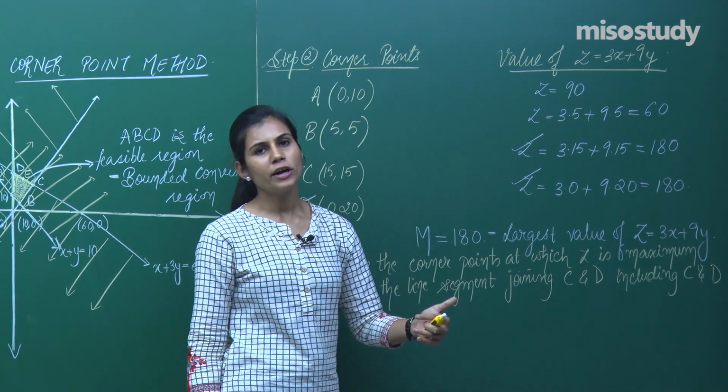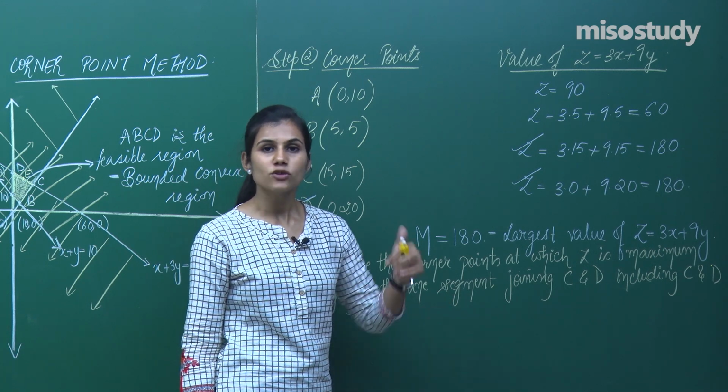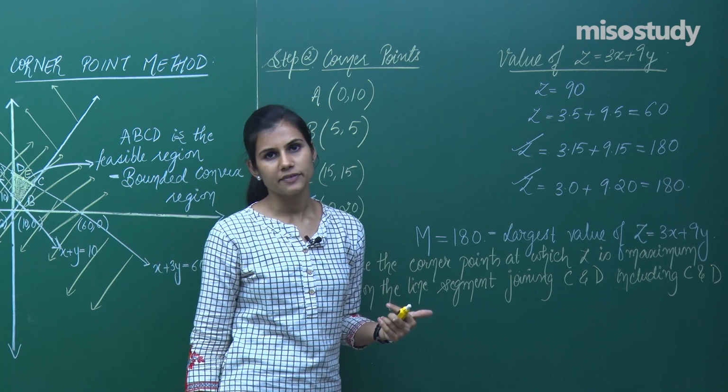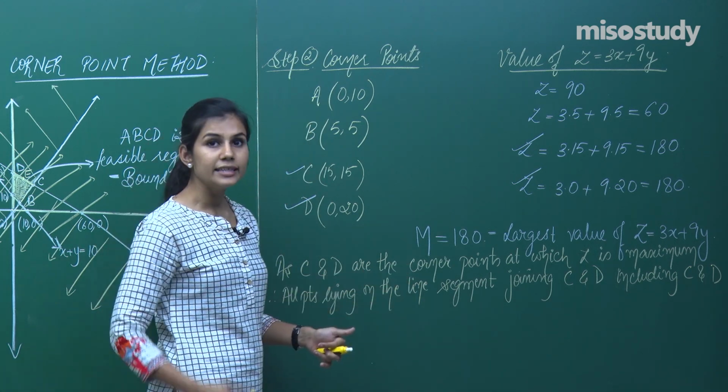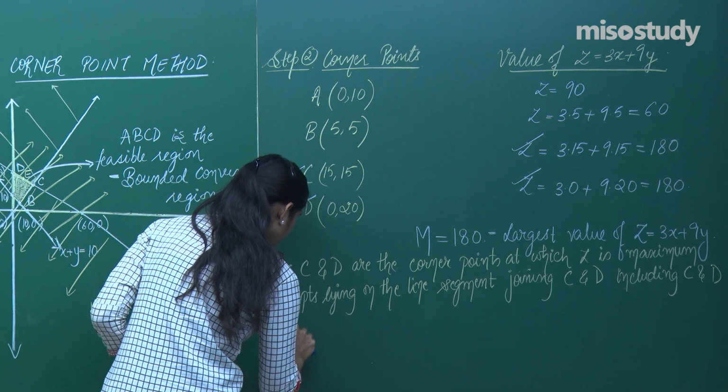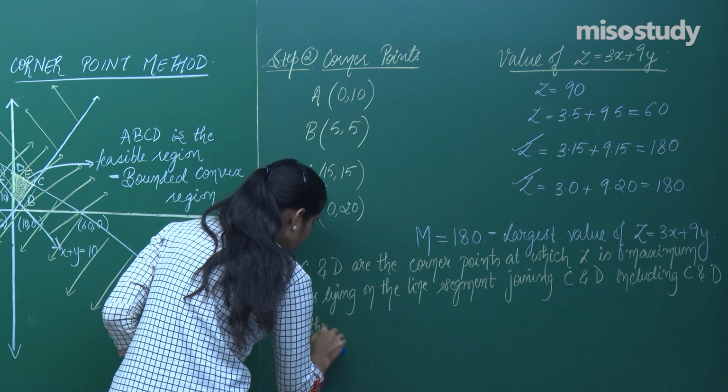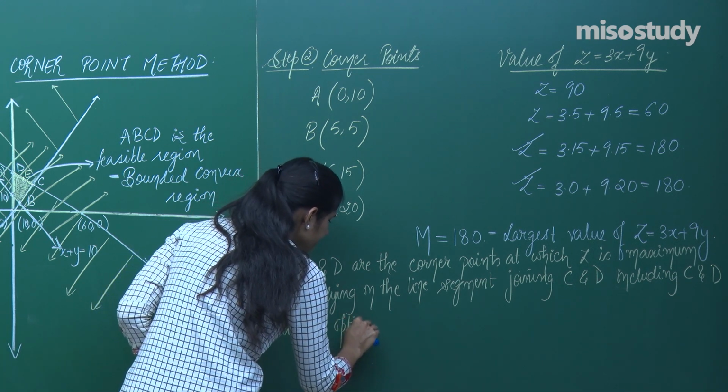In fact, every point which lies on the line segment joining C and D is also going to give you 180 only as the value of z. So, all points lying on the line segment joining C and D, including C and D, are the optimal